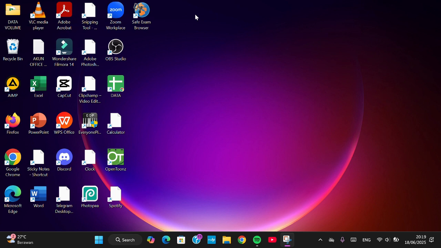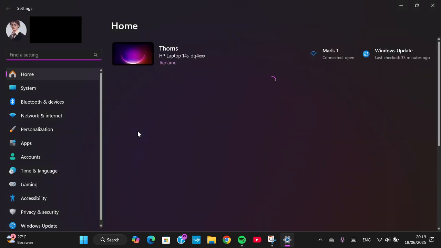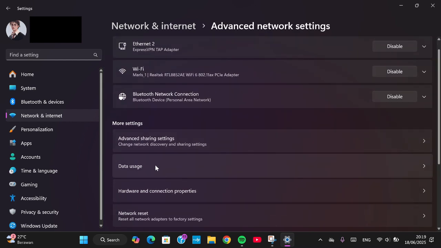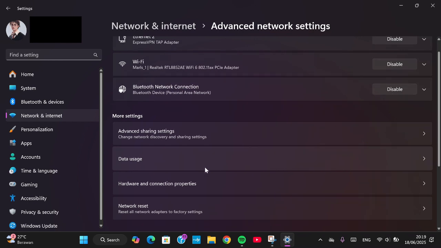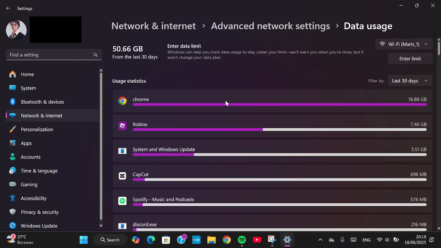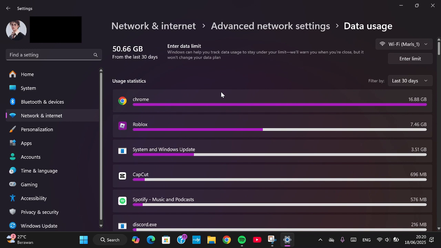Here I have opened my computer with Windows 11, and first of all, I'm going to go to the Windows settings. So I'm going to click on settings here, and we're going to go to Network and Internet. Okay, and you're going to select Advanced network settings, and here you will be able to monitor your data usage. Okay, click on Data usage, and then these are the details of your data usage on your computer with